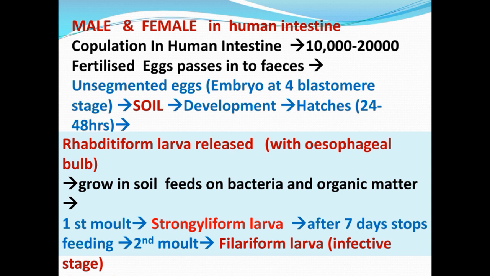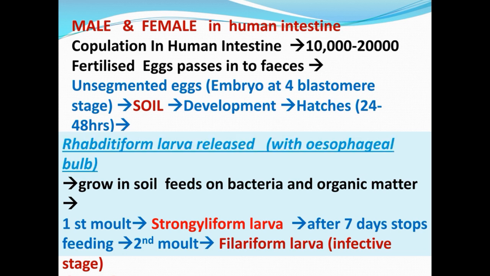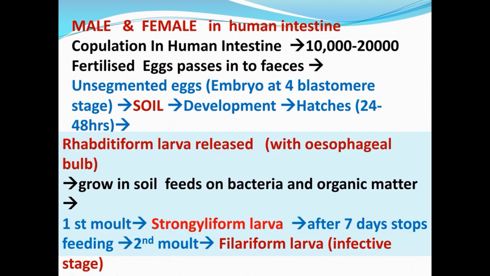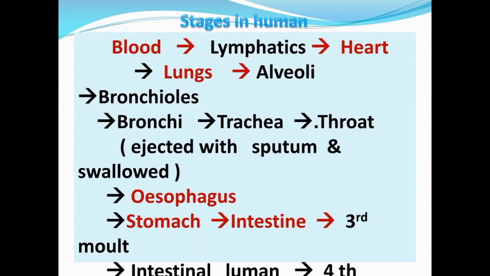Then the first molt takes place and it changes into the strongyliform larva, which is similar to the rhabditiform larva, slightly longer than the previous one. After 7 days, it stops feeding and undergoes the second molt and changes into the filariform larva, which is the infective stage. Stages in the human: it enters through the skin into the blood,